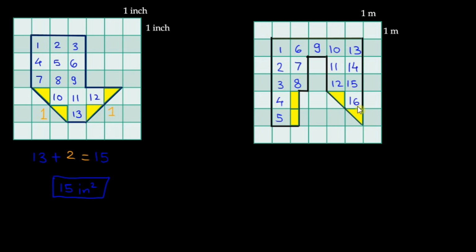small whole squares. Now again, if we join these two half grid squares, it would make one perfect whole grid square. And these two triangles, which are half of the whole grid square, would also make one perfect whole grid square. That means we got two whole grid squares. Therefore, altogether there are 16 plus 2, which equals 18 small squares inside the shape. Hence, the area of this shape is 18 square meters or 18 meter squared.